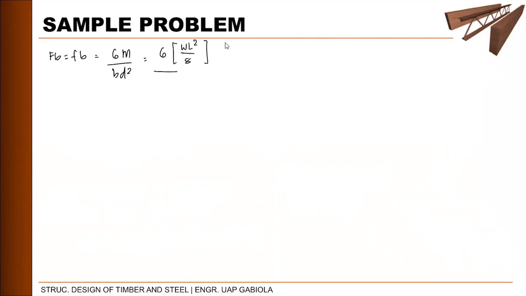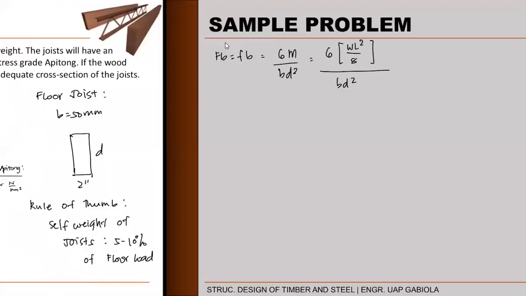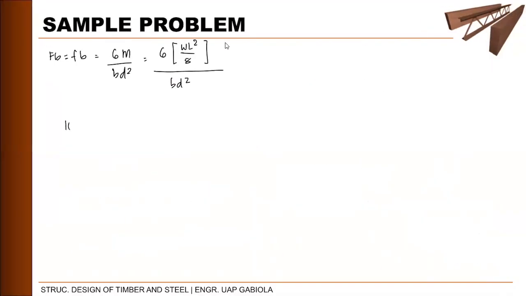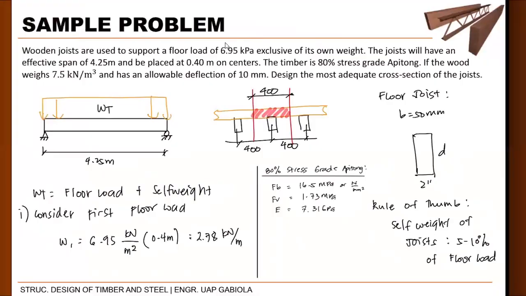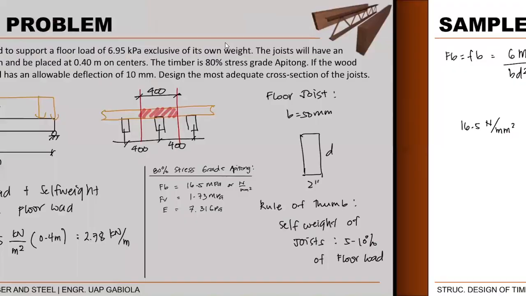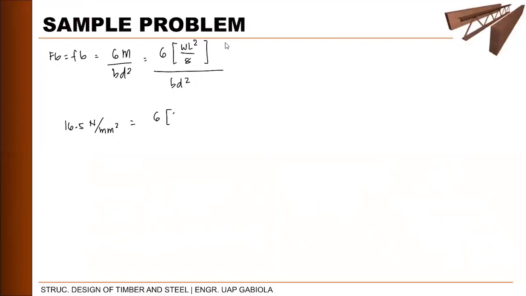Kasi simply supported or uniformly distributed load na simply supported, BD squared. So FB natin from the property is 16.5. Okay? So 16.5 Newton per mm squared is equals to 6 times yung weight natin. So yung weight 1 yung gagamitin natin, which is yung according to floor load lang. So 2.78. So 2.78 kilonewton per meter,